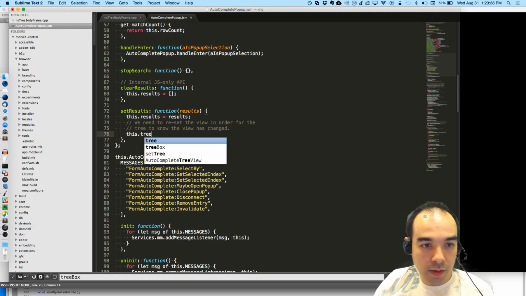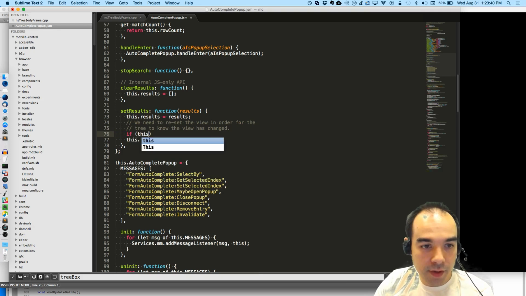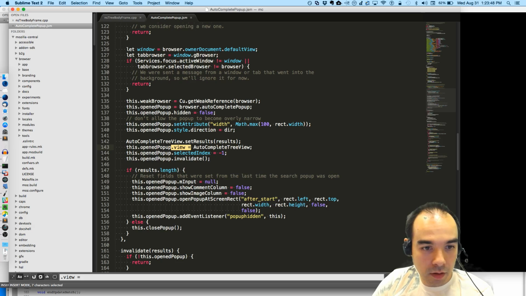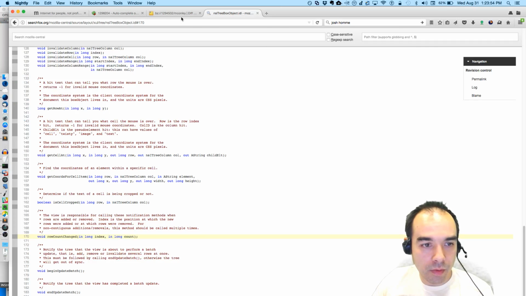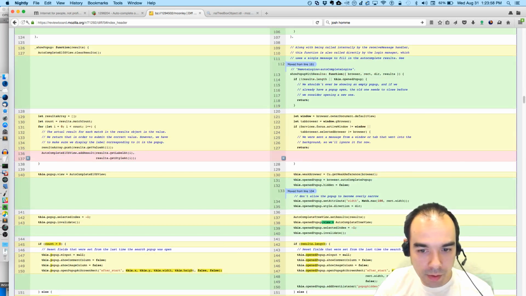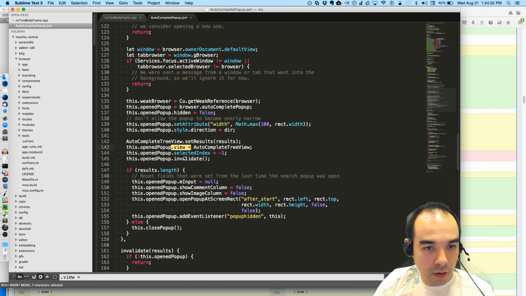This dot tree box, if this dot tree box, wait a second. So hold on, what were we doing for? Dot view equals pop-up view. Oh, you know what? We can just do it like that.